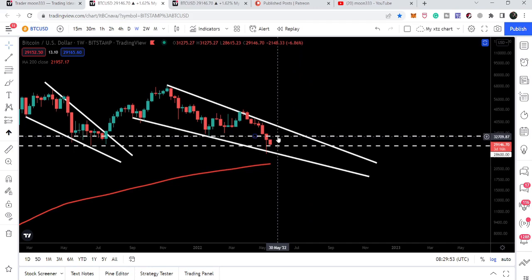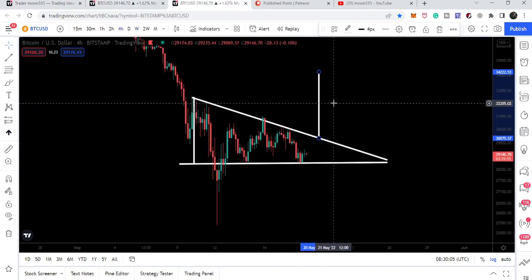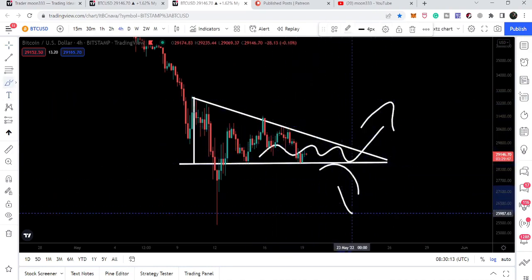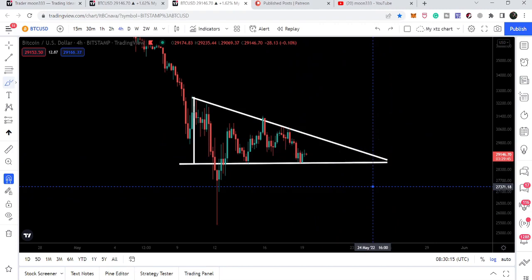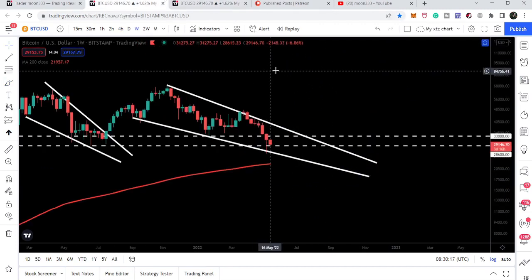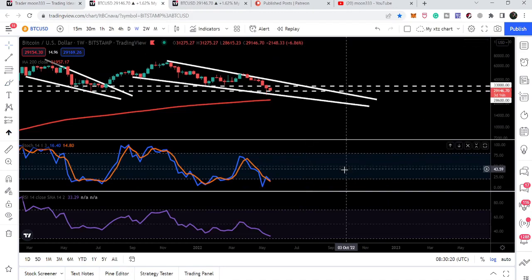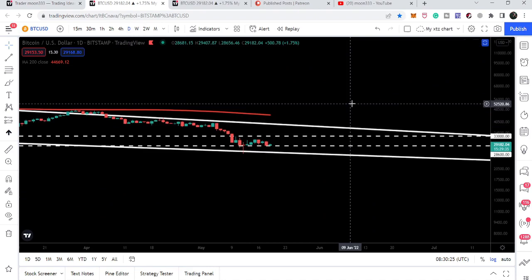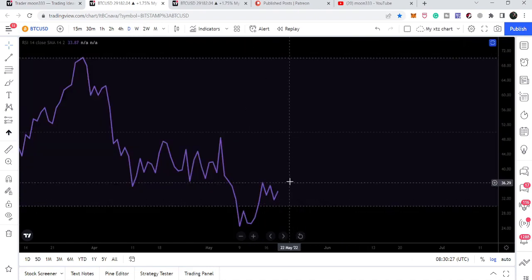And after breaking out $33,000, there will be a very high probability that the price line will also reach the resistance of this bigger falling wedge pattern and break it out very soon. So this triangle is very important, and you can see that the movement is getting more and more squeezed. So at any time, it can break out or break down. I'm expecting a breakout, because we are having very nice support of the falling wedge, $28,600. And even the stochastic is showing that we are oversold, and on the daily time frame chart you can see that the RSI has also entered the oversold zone.